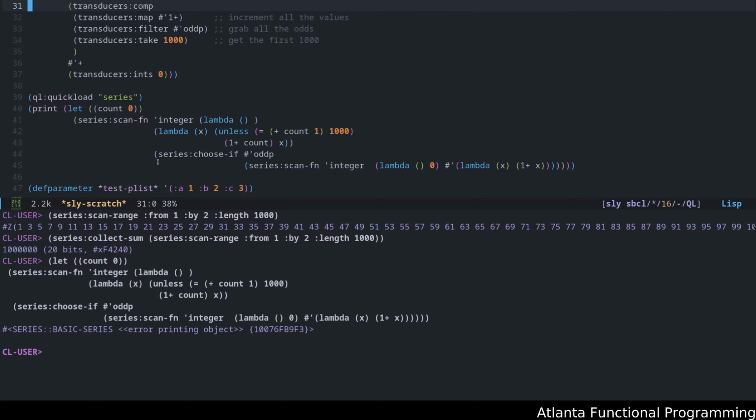That requires at least some notion of a stopping condition so that series can run the analyzer, right? In the case of infinite series, as we see with things like scan range and so forth, you have to write some filters to actually go and